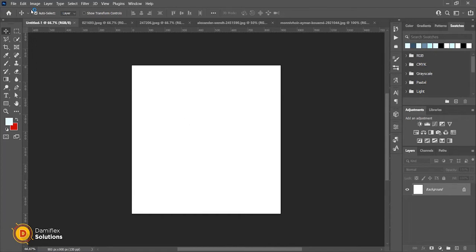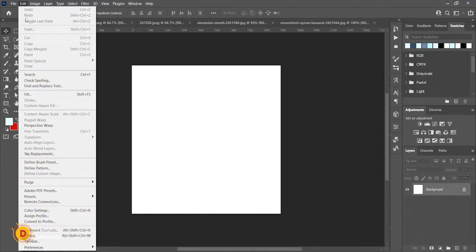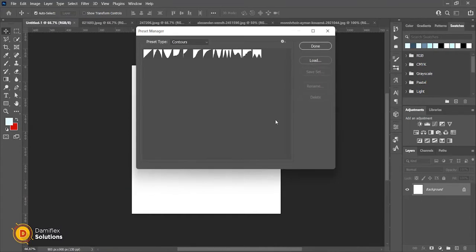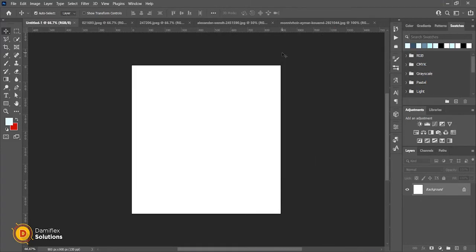Or you would have come to Edit, then to Preset, and then to Preset Manager. From here you'd be able to install the custom shapes, but this is no longer available in recent versions, starting from, I would say, 2018 upward. But from 2017 and earlier versions, simply double clicking and using this Edit portion would have been very